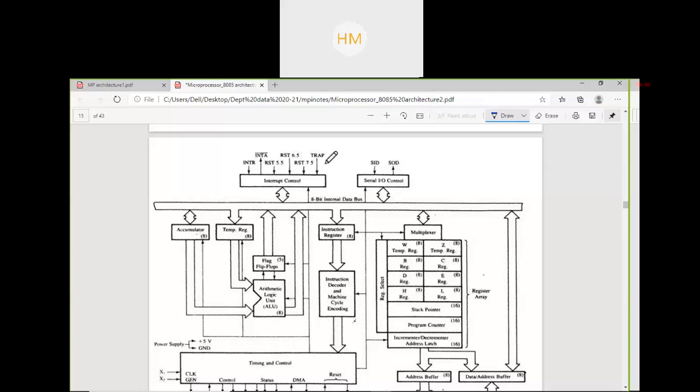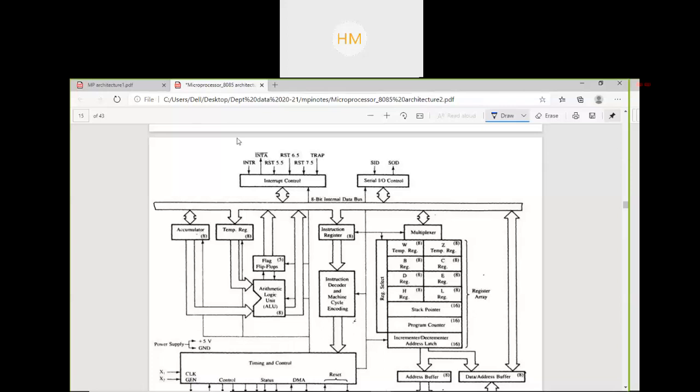Interrupt will be connected with that peripheral IC. Then it will generate some interrupt signal that you have to stop whatever program you are running. It has to be stopped and give all the control, all the access to the peripheral device or the interrupt signal which is generated. So interrupt control, 5 interrupt signals are there.